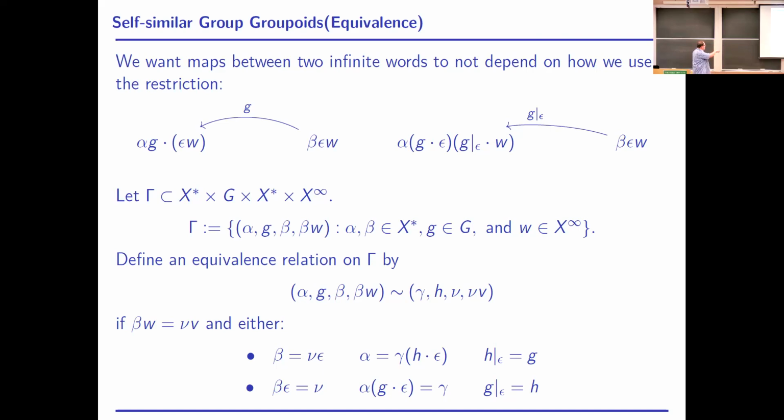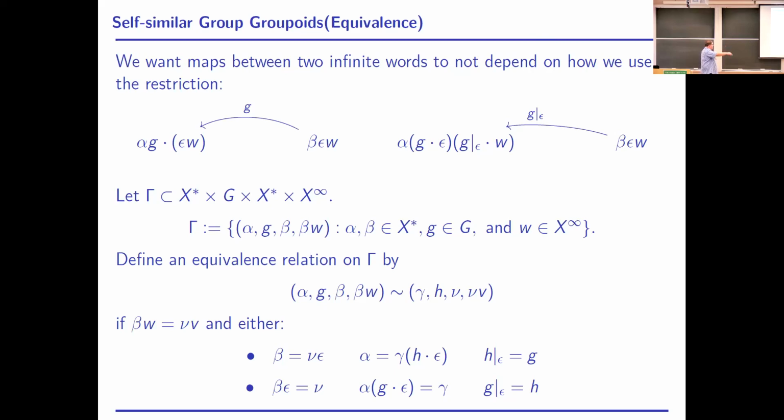So the set is just going to be elements with finite word, group element, finite word, infinite word that extends this finite word. And we define an equivalence